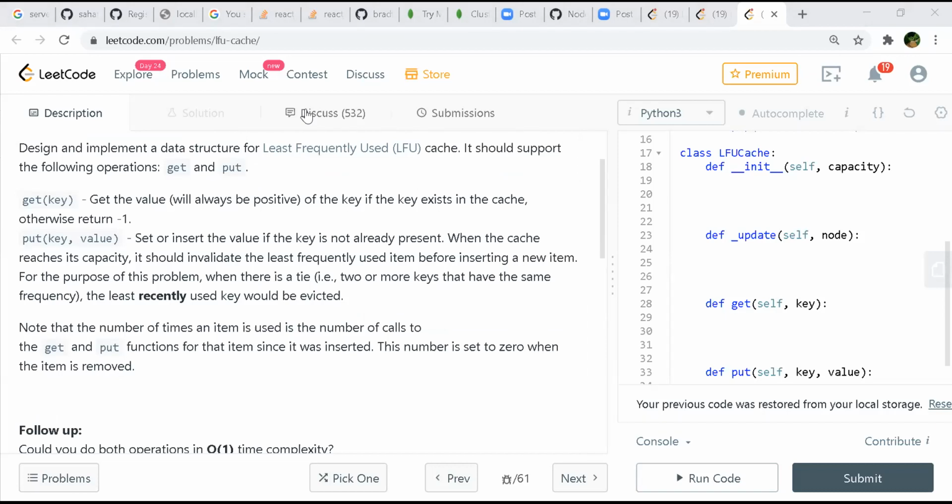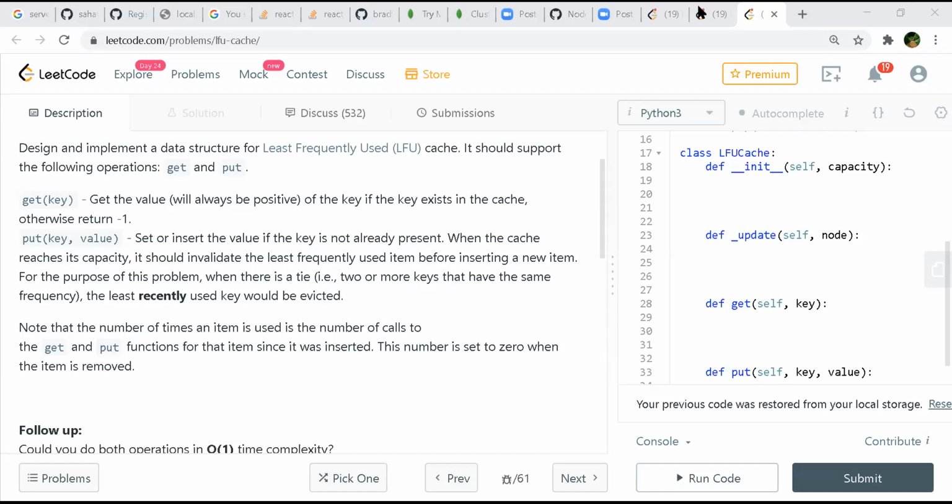So we just have two functions, right? The get and put. And we have to do everything in O of one time complexity. That is the main crux. Someone is saying in chat, it looks like a translation lookaside buffer, TLB.